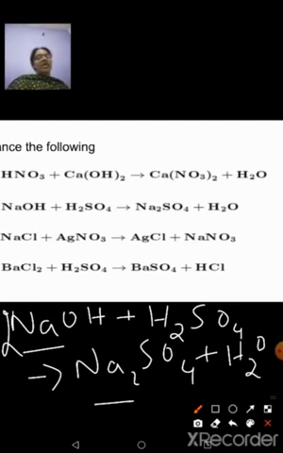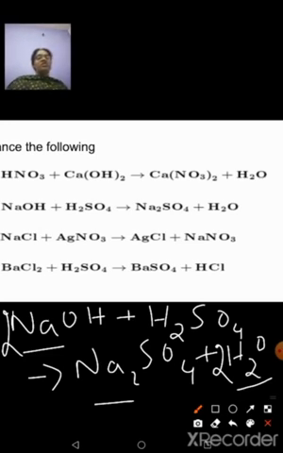So here I have that hydrogen and oxygen situated together. So when I put a 2 to this, because in Na2SO4 I don't have hydrogen at all, so in H2O only I have hydrogen. So if I put a 2 there, my hydrogen is increasing by 4. On the left hand side also you have 2 hydrogen atoms in your 2 NaOH, and H2SO4 also has 2 hydrogen atoms. So it is totally 4. So now here also 4.